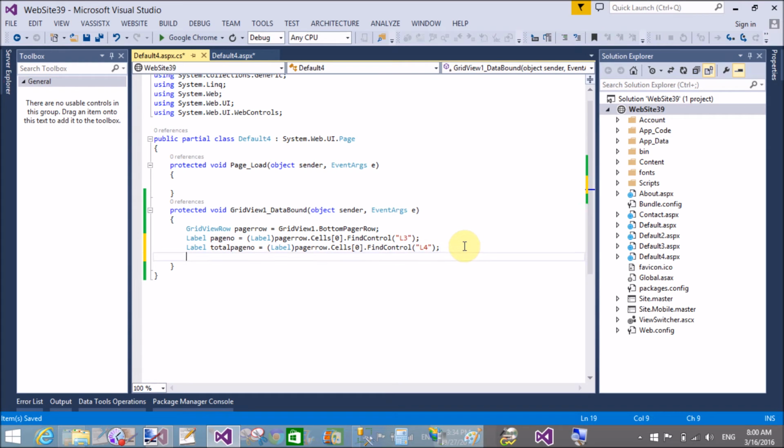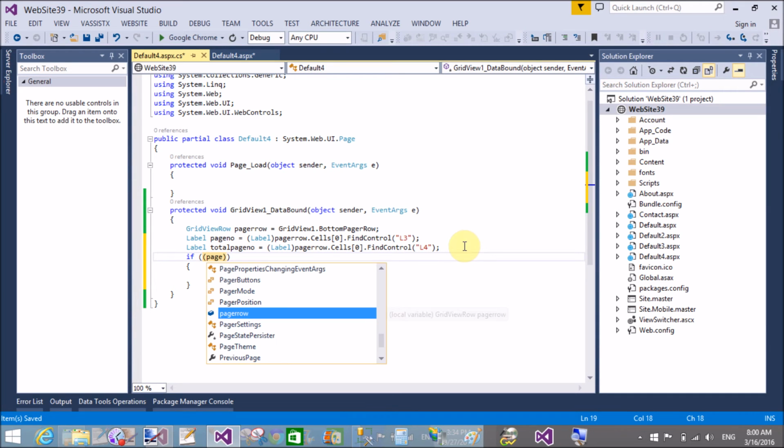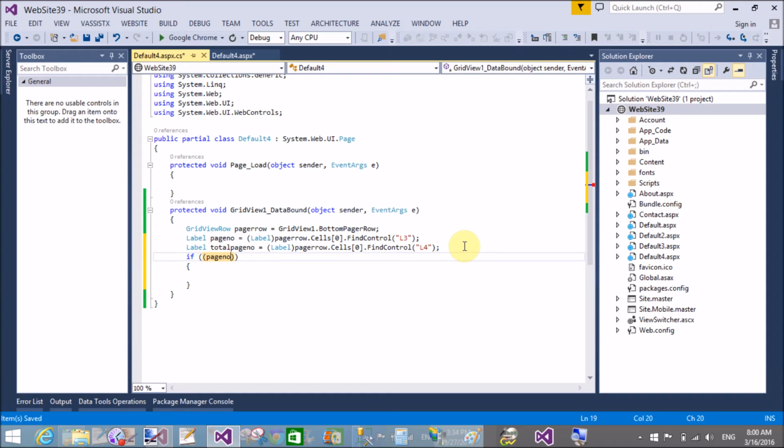Now check that the page number is not equal to null, and the total number of pages is also not null.